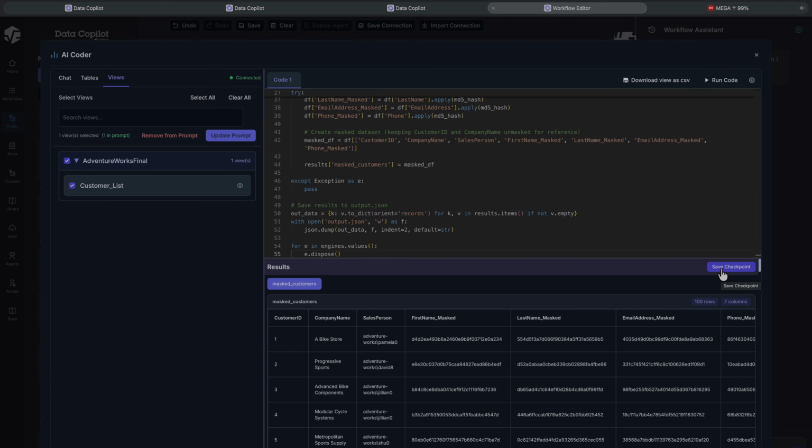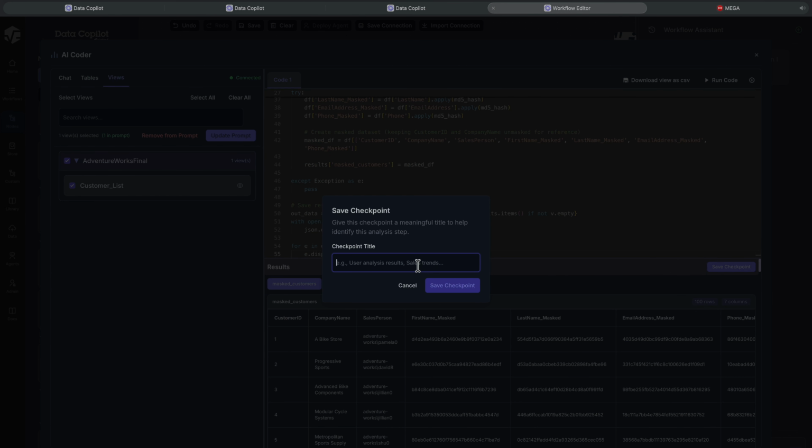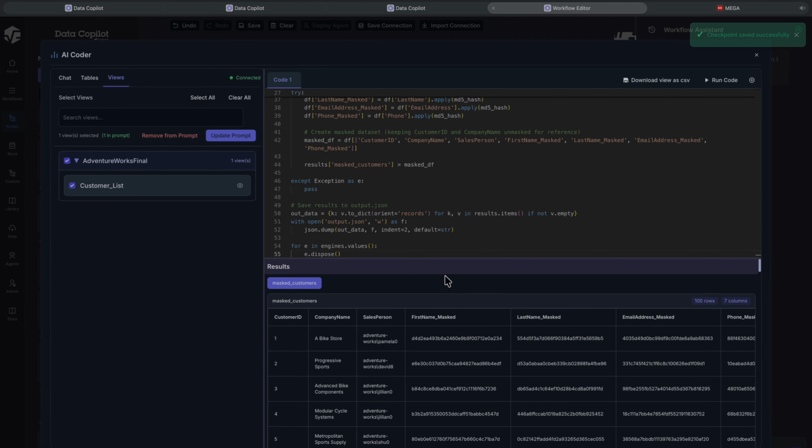And they can choose this save checkpoint, for example, masked information, masked customer data. The reason for this is that in data science pipelines, you need to use this information for the next steps, not just save it back to the table and then retrieve it once again. And once you do that, we have other nodes that you can connect with this one and apply